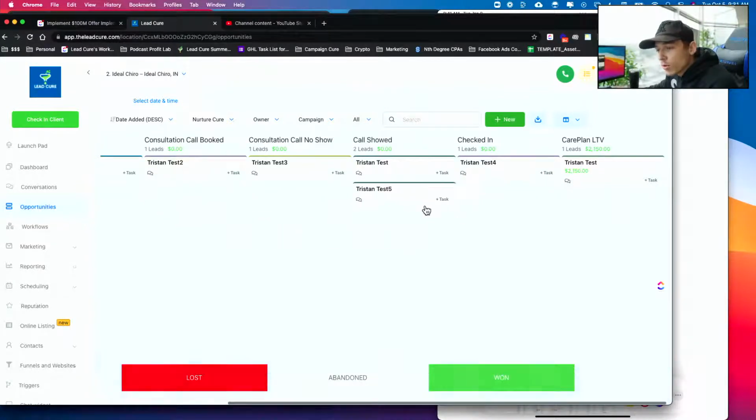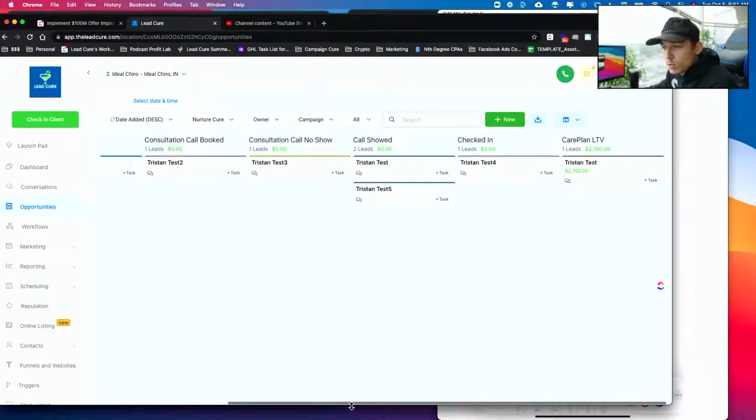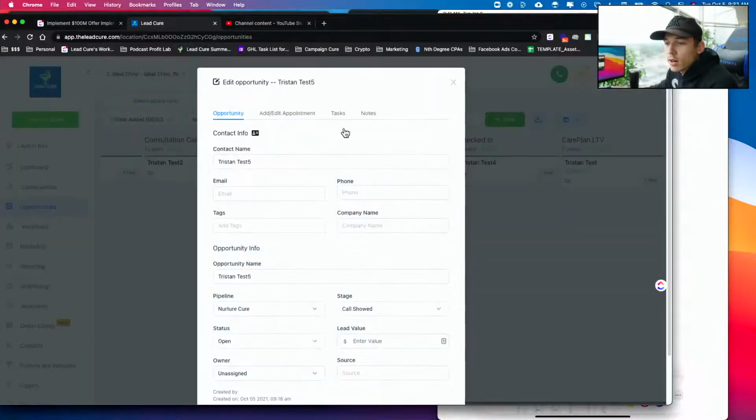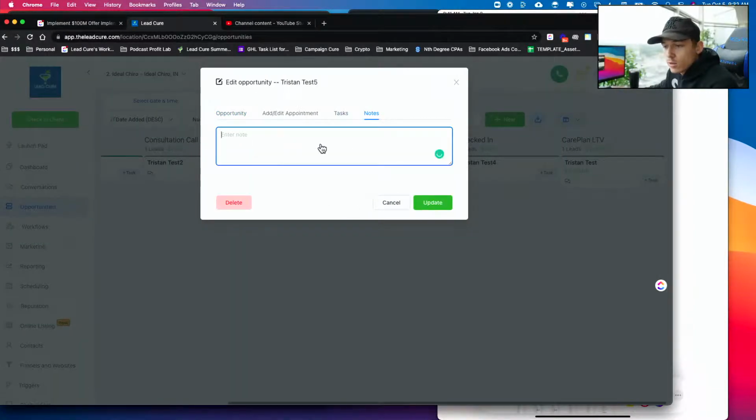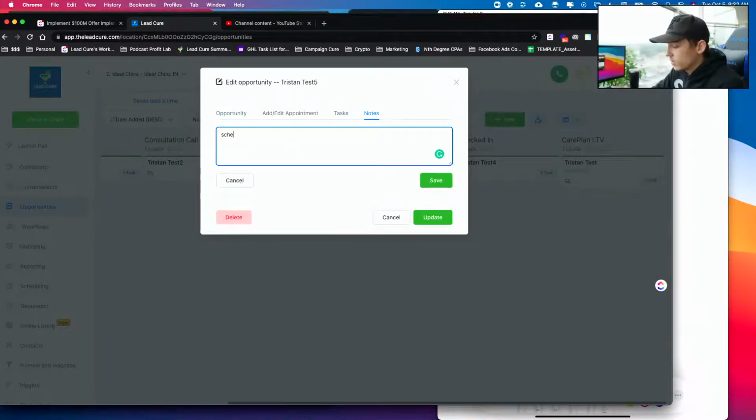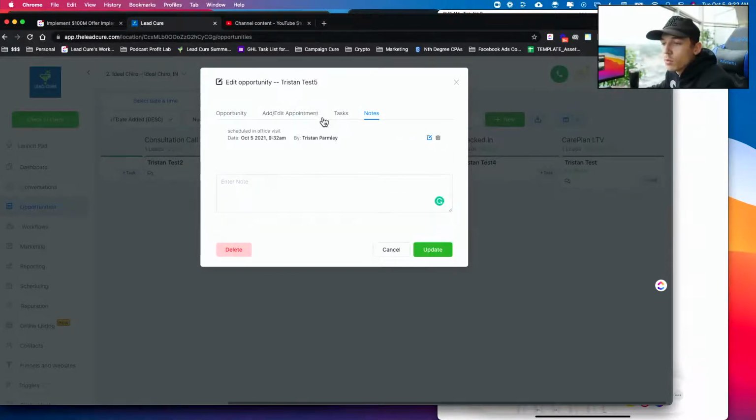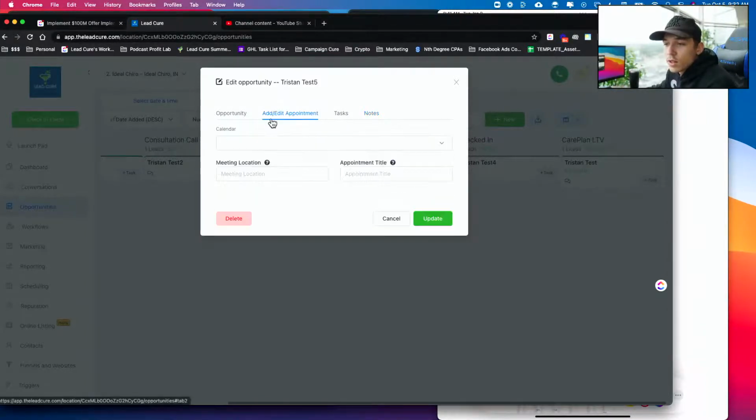Now he showed on the phone. What happened? Did we get him committed to an appointment? Did we get him scheduled, right? We want to click in there. We want to add that to the notes. Scheduled in-office visit. We've got these notes for Tristan. And then